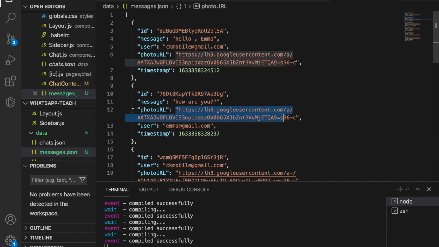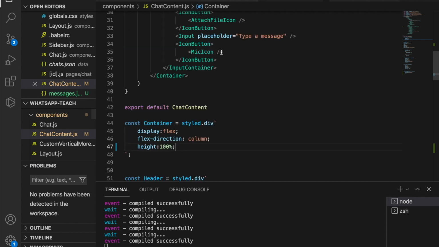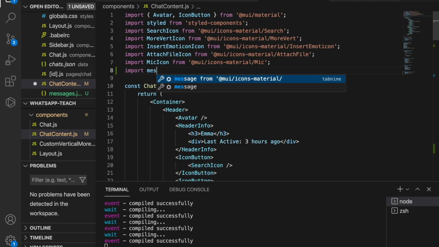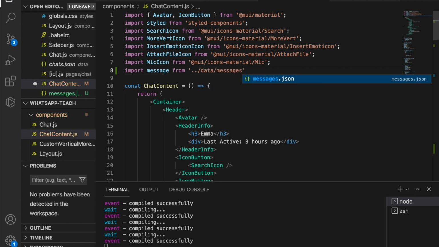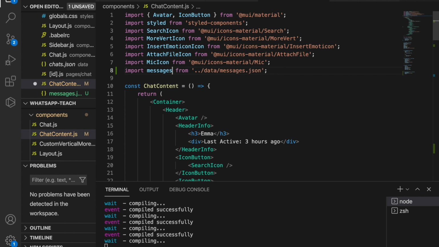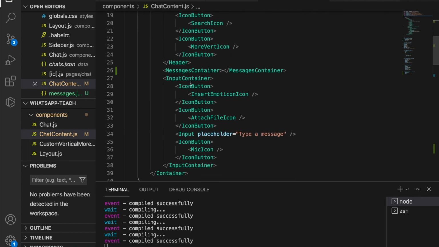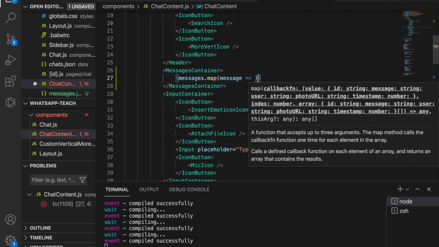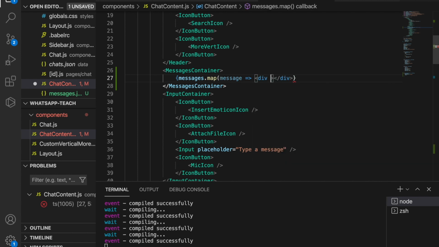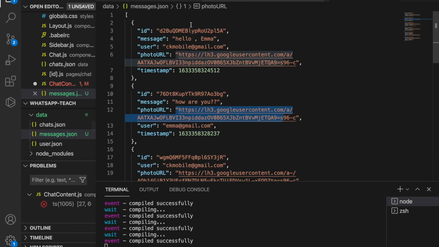So now we go back to the chat content.js and import the message. So we import the message from, and then we go to the data and then the message.json. So now after we already got the data, we can go to the message container and then we type message.map and then message, and then we create a div to show the message. So each should have a key, and you can see the JSON already has the ID, so